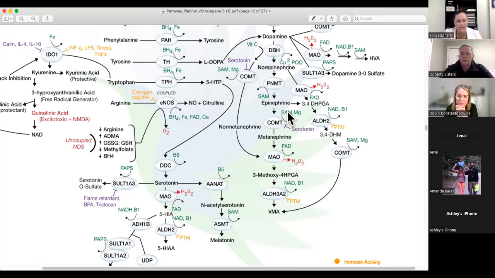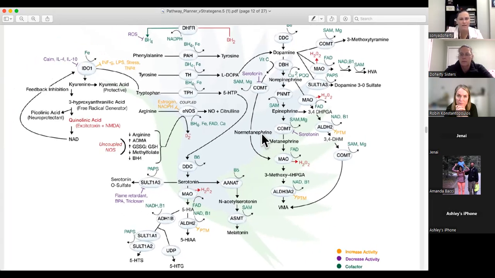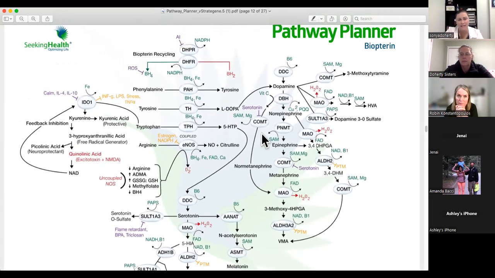And COMT creates a lot of oxidative stress in the brain. So Chris is talking about it from a hormone perspective. But this is what we do when we get SNPs. We pull your SNPs up and we say, okay, well, where would you be jammed? Where's the bottleneck? So I don't know if you have any other thoughts on that, Krista.